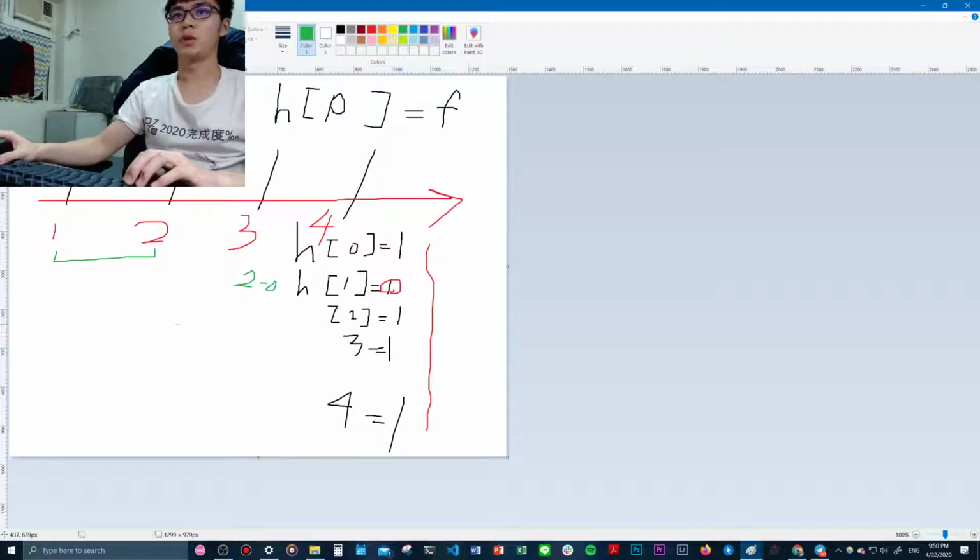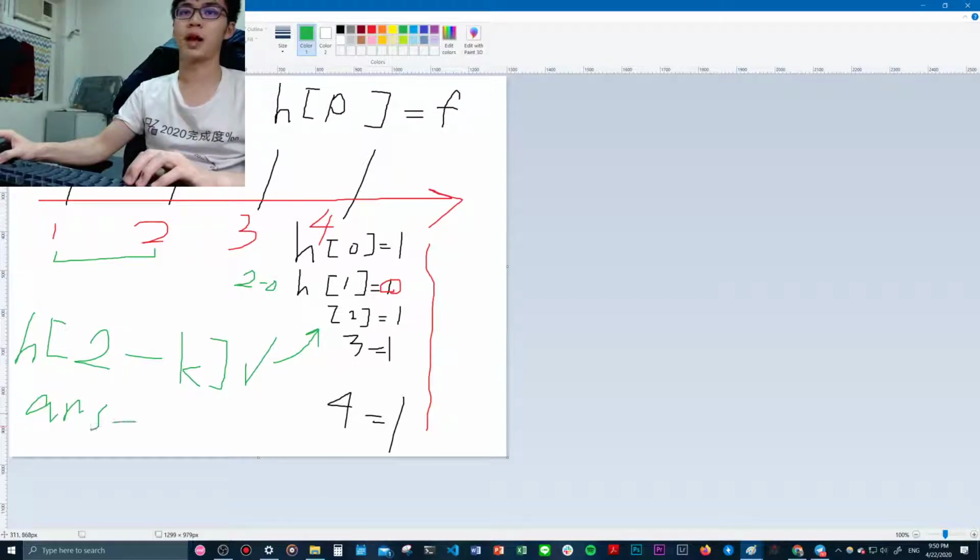So which means if hash of prefix minus k exists in the hash map, then the answer will be plus equal to